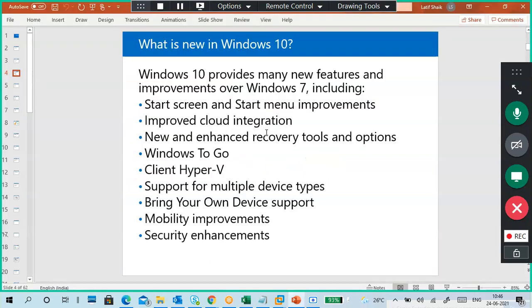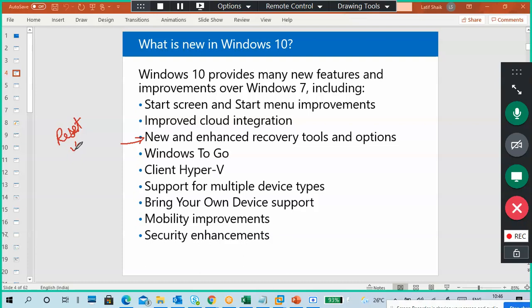Next, I showed recovery tools already. What are the recovery tools? New recovery tools. We already explained it. Refresh, reset: in Windows 10 we have a reset option.